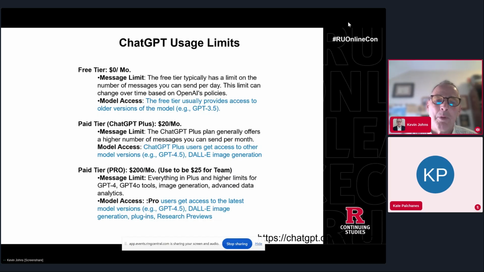And then you go to the Pro model, which used to be $25 because they used to call it a team. Now the team changed to a Pro, and now it's $200 a month. And this is more oriented towards a business type environment in terms of all the features and functionalities that you can get into with ChatGPT. So 4.5 is the latest release, but 5.0 is going to come out sometime in 2025, and that's going to be a game changer compared to the other Gen AI applications that are out there today.